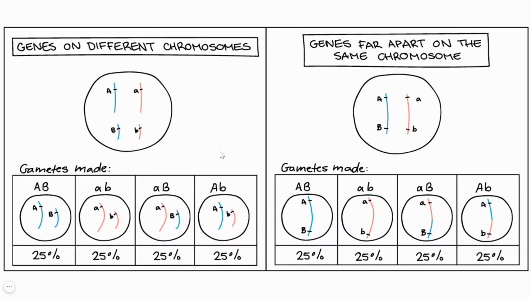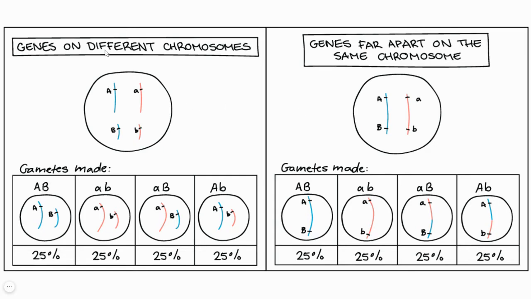So let us look at two conditions over here. One is where gene A and gene B are located on different chromosomes, that is the box on the left, and the box on the right shows us the situation when two genes are far apart from each other but located on the same chromosome. Again, gene A and gene B. Blue represents chromosomes that this diploid cell has inherited from its paternal side, or father, and pink represents the chromosomes that this diploid cell has inherited from its maternal side, that is the egg.